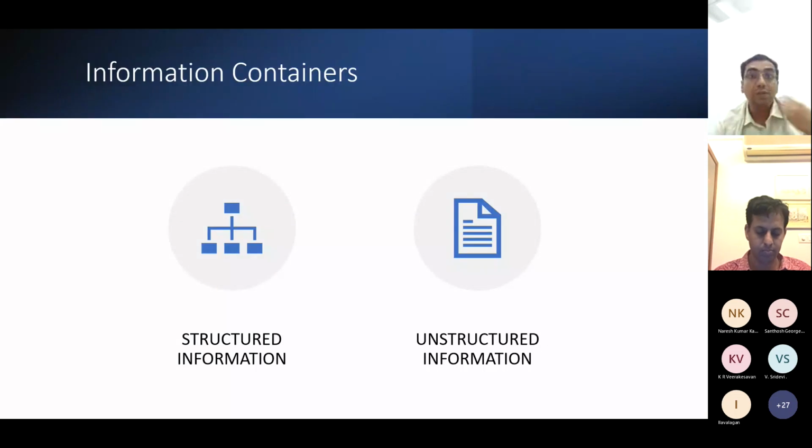When we come to information containers, we should understand that this information can be both structured and unstructured. What do I mean by structured?